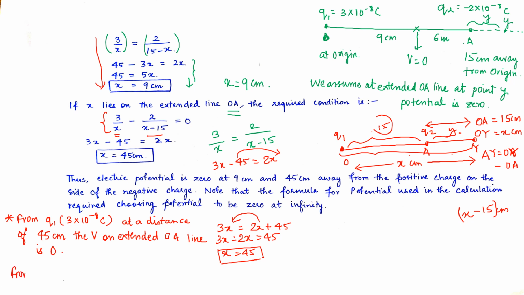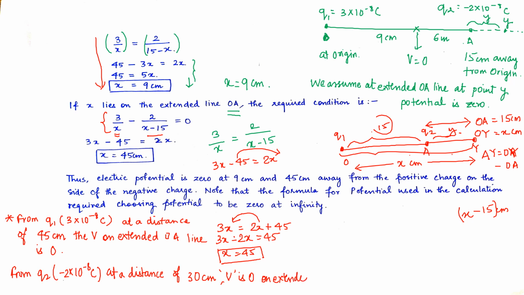From Q2, that is minus 2 into 10 to the power minus 8 coulomb, at a distance of 45 minus 15, that is 30 centimeter, the potential V is 0 on the extended